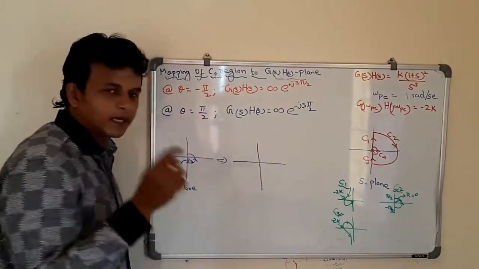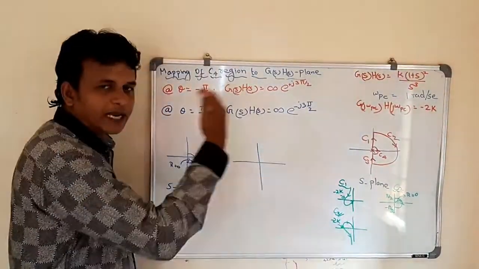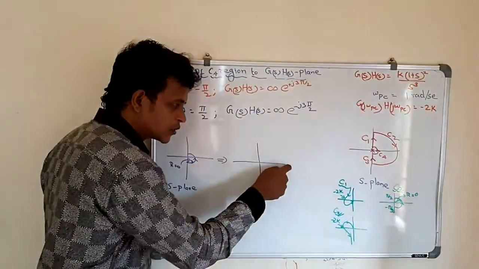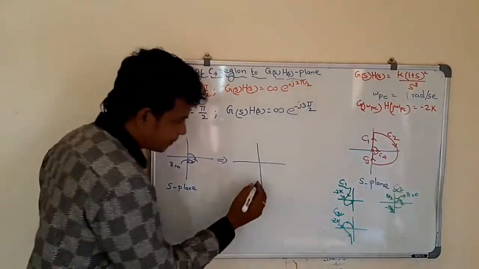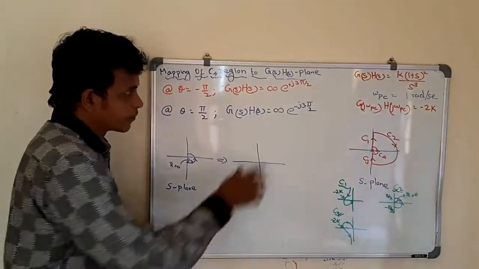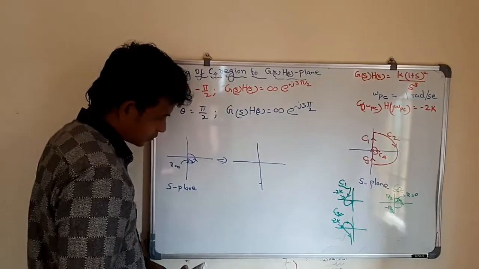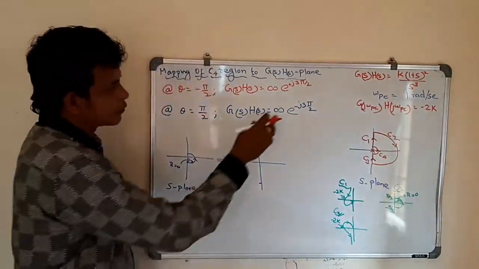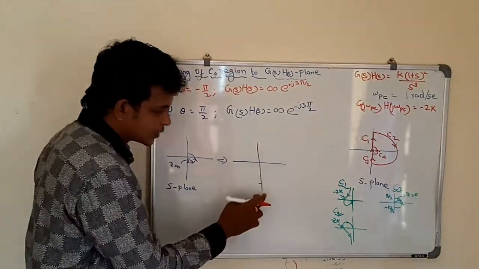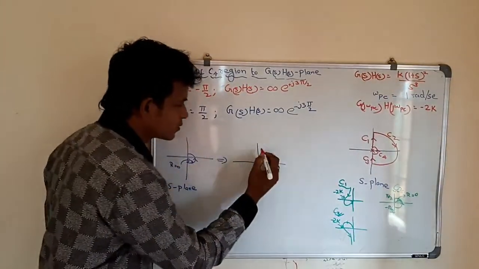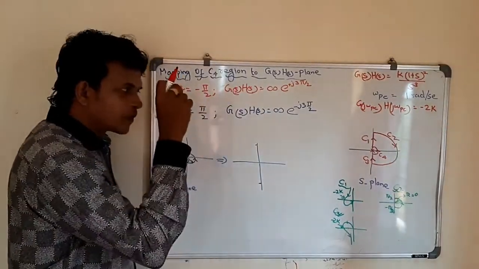So this is 0, this is plus pi by 2. Positive angle means when we move in the anti-clockwise direction, we will be getting positive angle. 0, plus pi by 2, plus 2 pi by 2, plus 3 pi by 2. So I have plus 3 pi by 2 here with radius infinity. Now I have to find minus 3 pi by 2, which means I have to move in the clockwise direction. This is 0, this is minus pi by 2, minus 2 pi by 2, minus 3 pi by 2. So this is minus 3 pi by 2 and the radius is infinity. So the plot varies from plus 3 pi by 2 to minus 3 pi by 2.